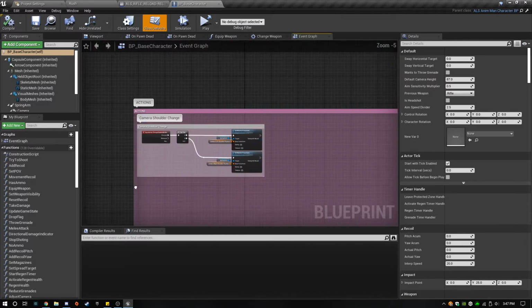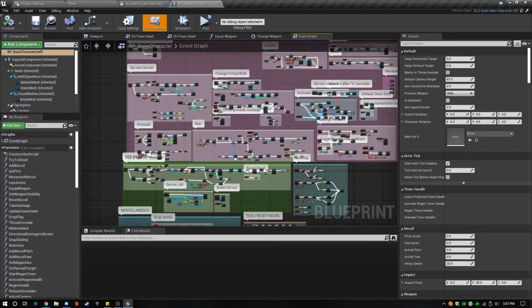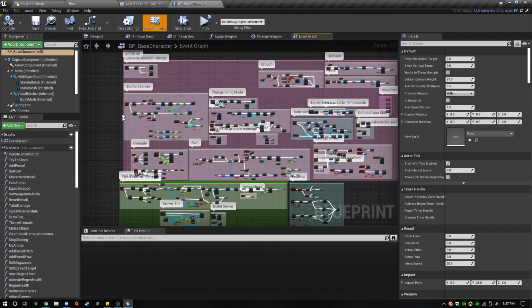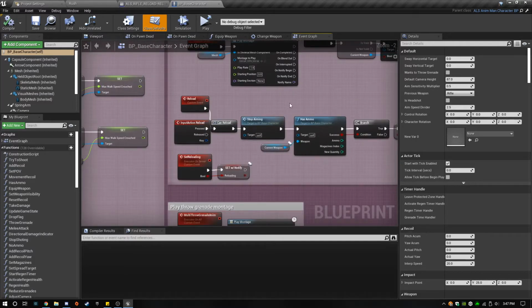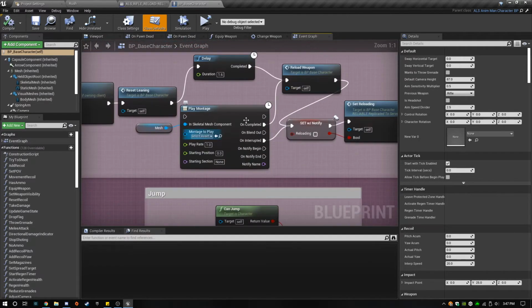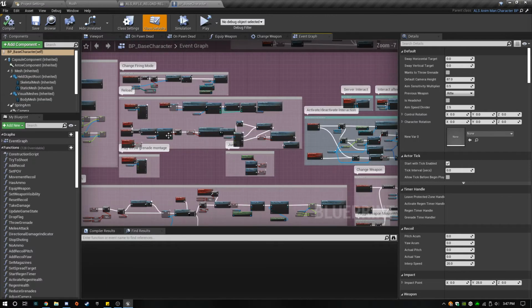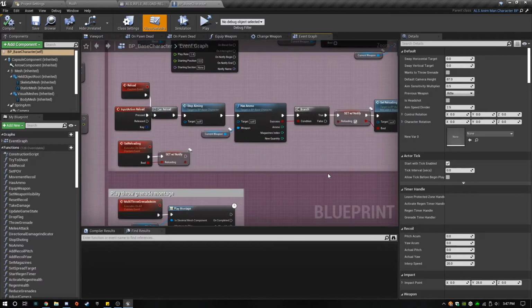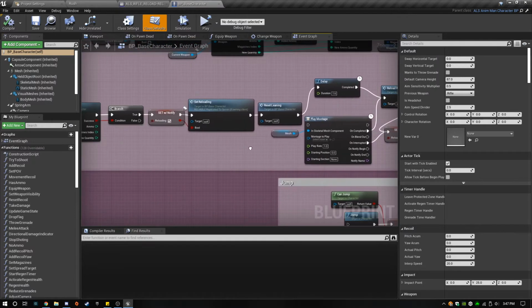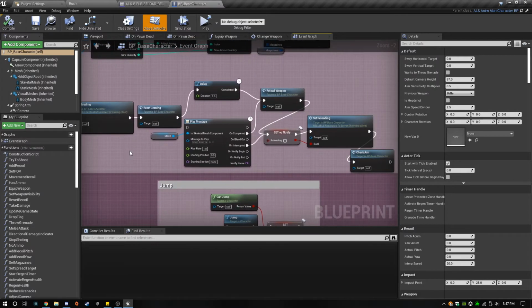Alright, so there was our camera shoulder change that we did yesterday. We want to go back into our reload right there, and we want to play a montage. What we're probably going to have to happen here though, I think this pack will...